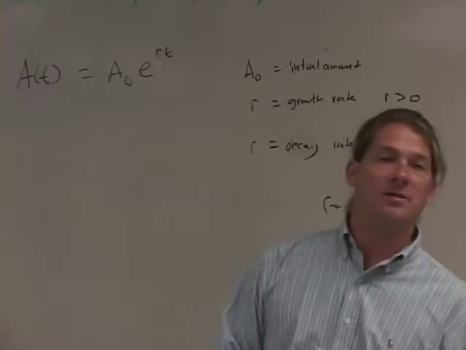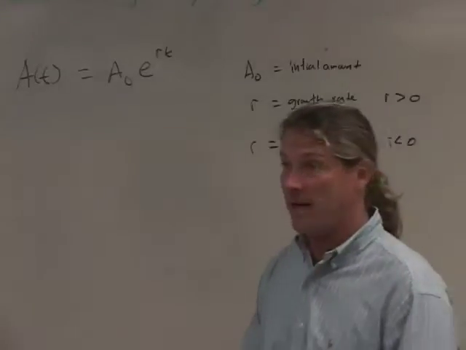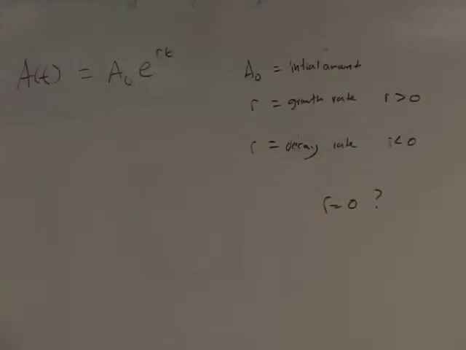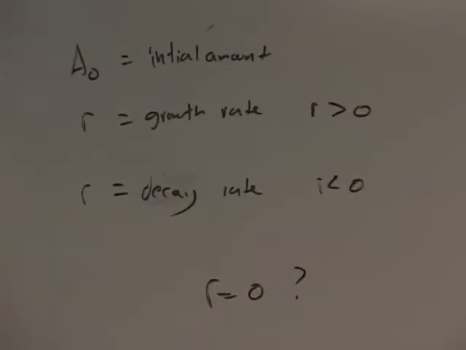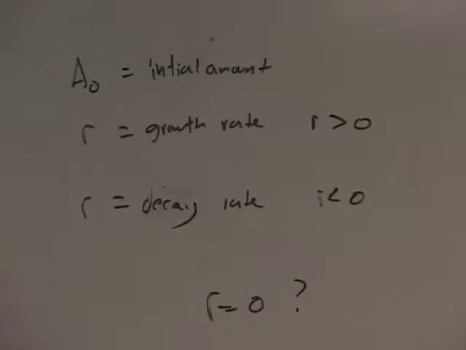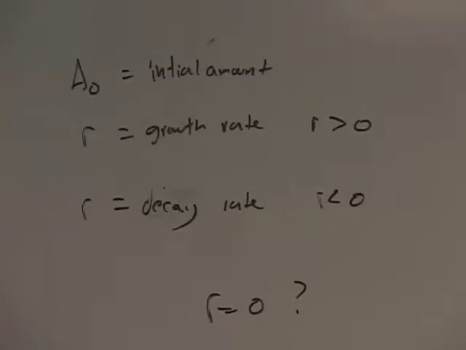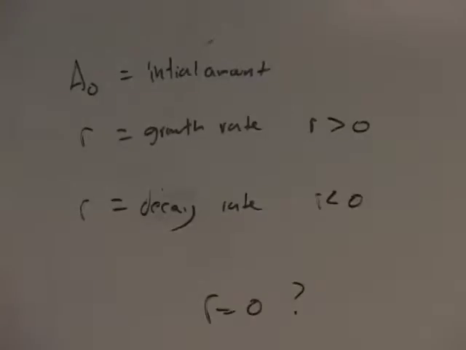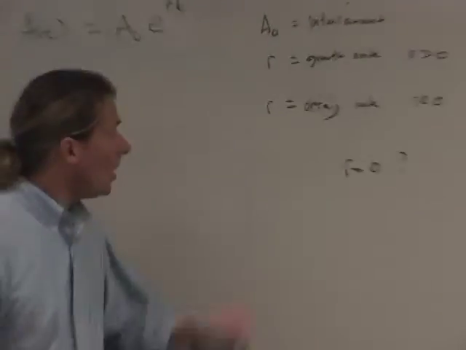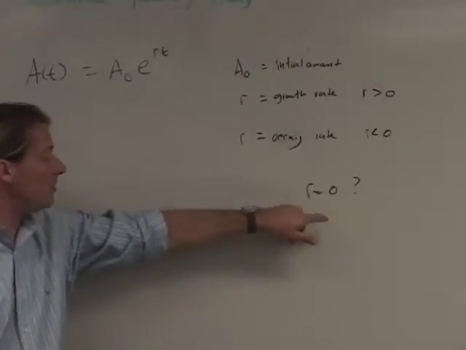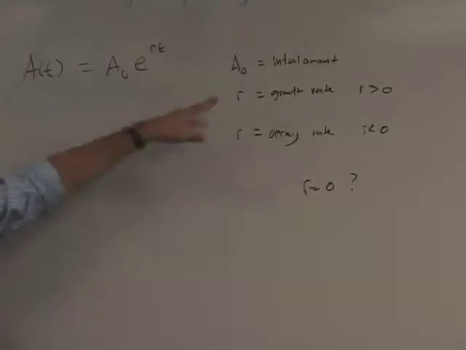I'm using r because it's actually a growth rate or a decay rate. Since it's a rate, r might give you a better understanding of what we're looking for. I'm sure I could use k to represent a rate. I could use the letter F to represent a rate. I don't care, but I like the letter r, so I think it'll help you guys too. So, notice what happens here. When r, well, let's say when r is strictly equal to 0,